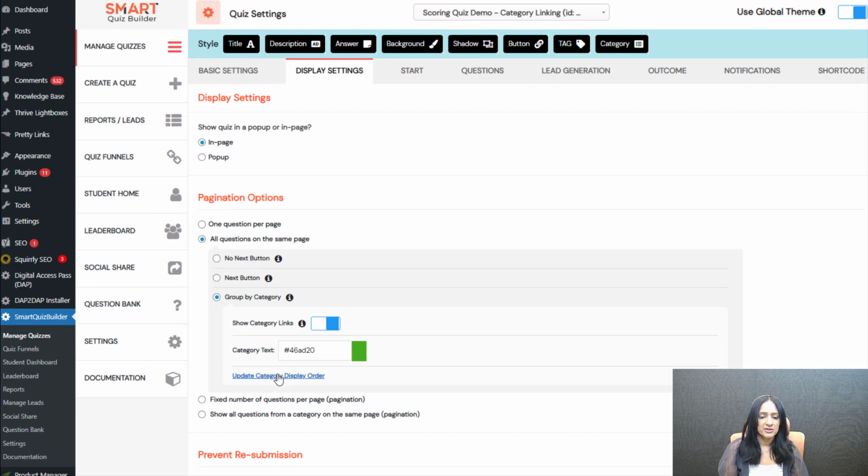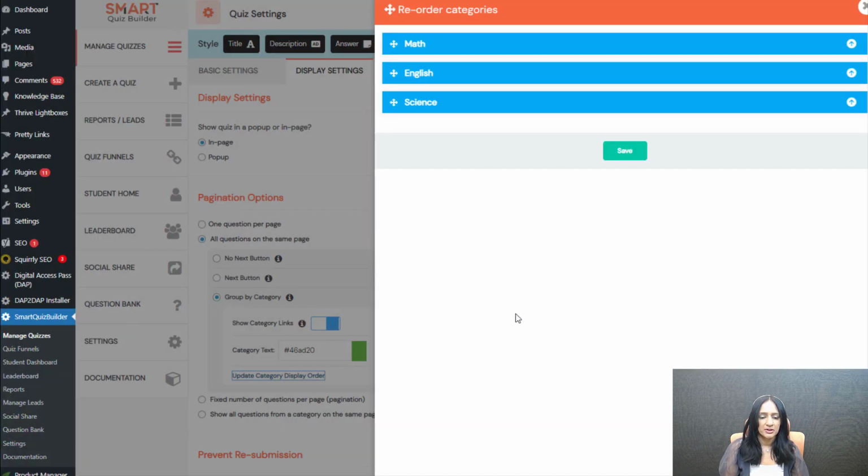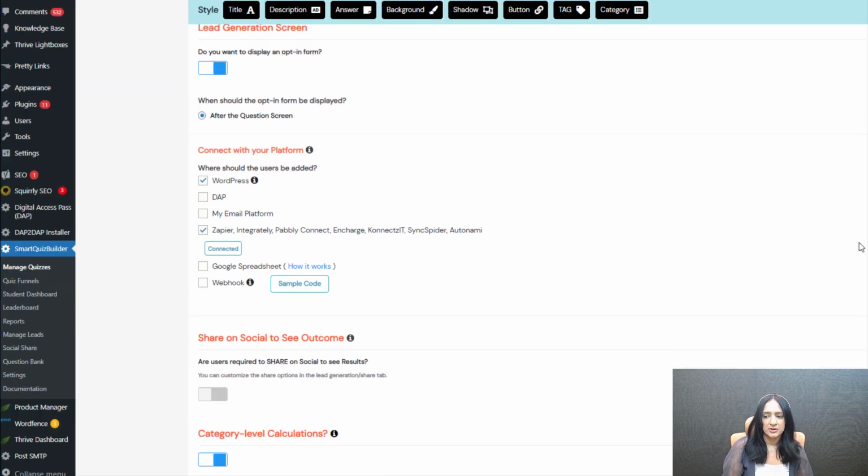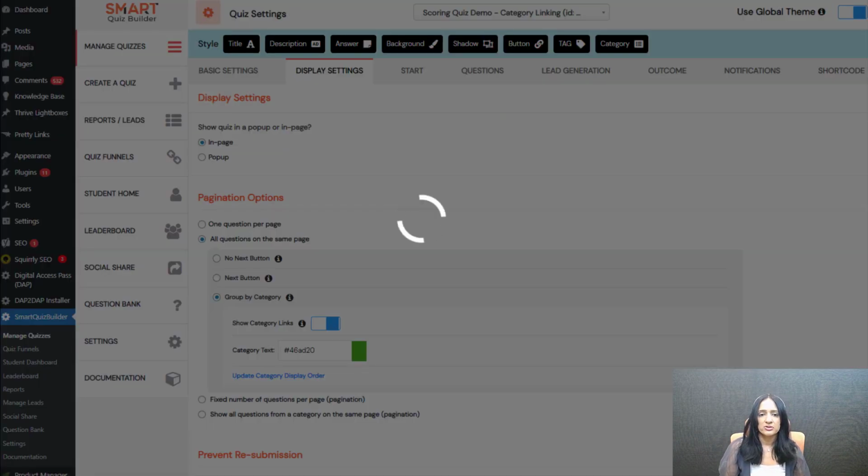And here you can see where it says update category display order. You can click on it and you can change the order, right? By default, math is first, English, and then science. If you want to switch it to a different order, you can do that. And that's it, all right? You can go ahead and save it and test it and see what it looks like in the front end,